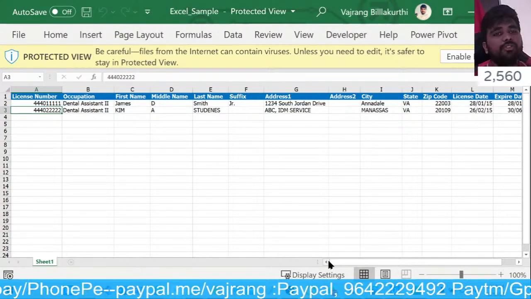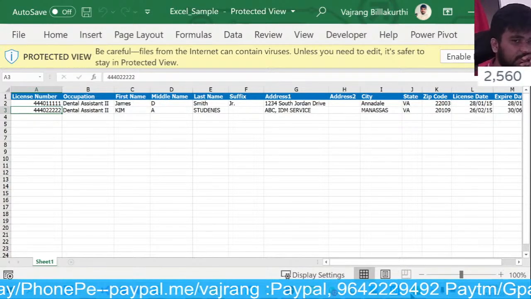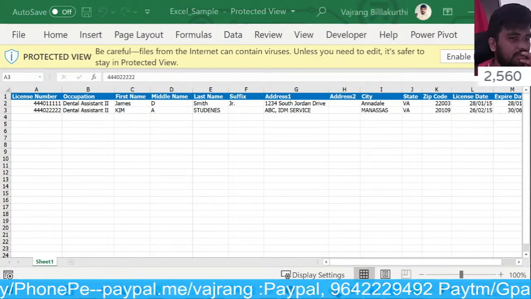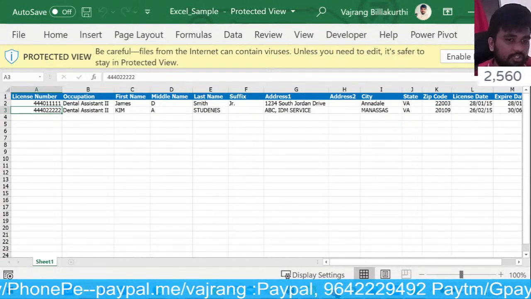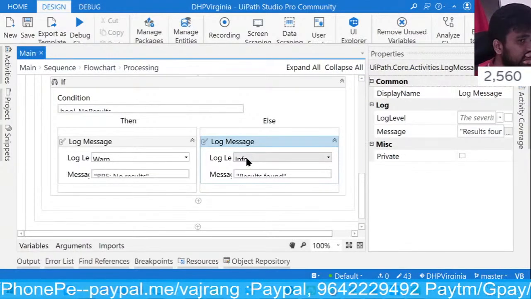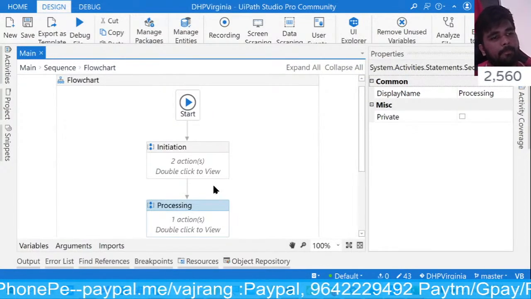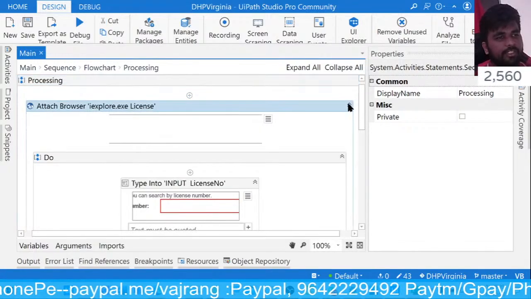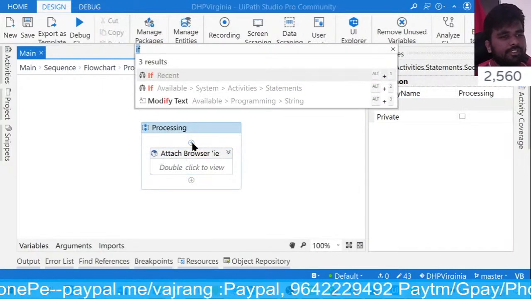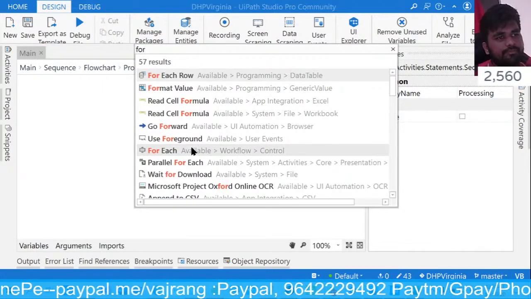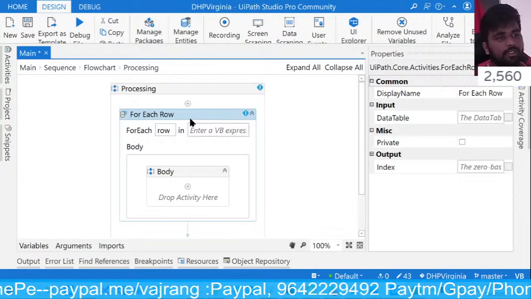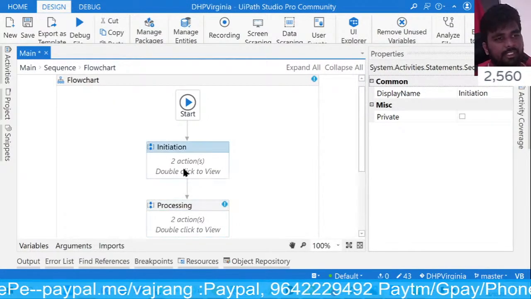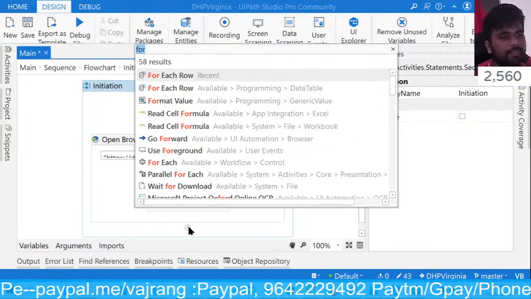Okay, so I want to stop this live coding now, but since I don't have the data, that should be fine. But what exactly can we do here is, let's quickly do a for each loop. How exactly can we solve this? Use a for each loop for each row. So before using for each, what exactly do we need to do is, we need to read